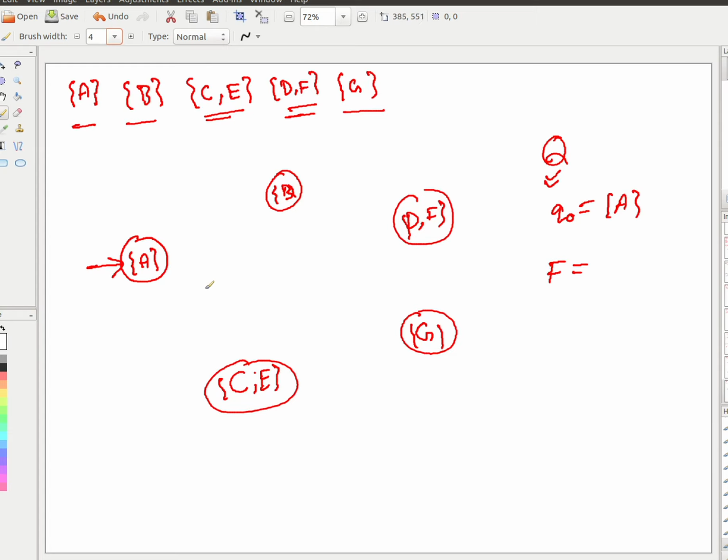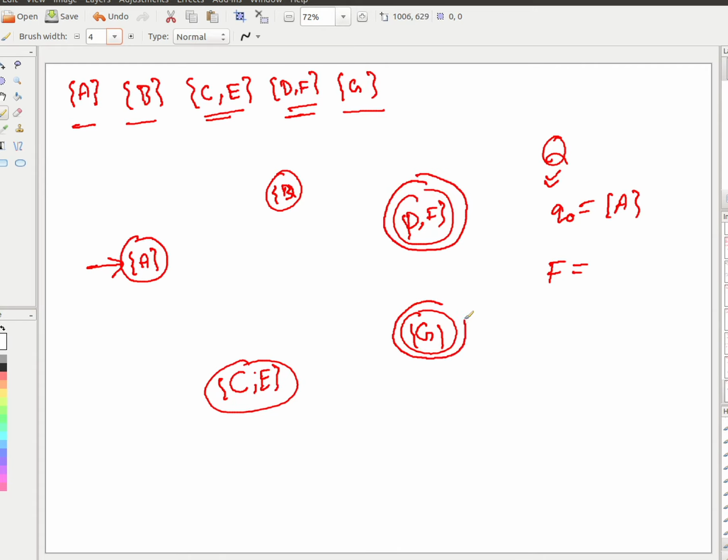Correct. So what I am saying is that the block that contains the start state will be the start state, right? There might have been other states here in the block in the equivalent sense. It is okay. You should still make that the start state. Same with final states. All the blocks which have at least one final state become a final state, and in that case D and F, I think they were final states. So here also D and F becomes final, and G.